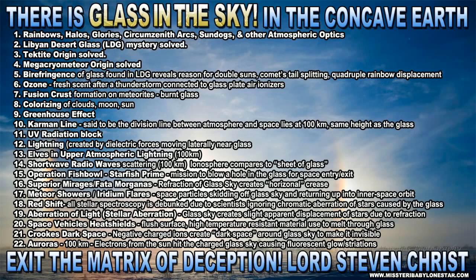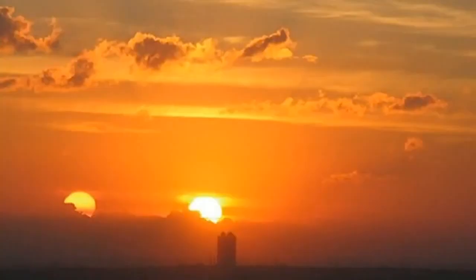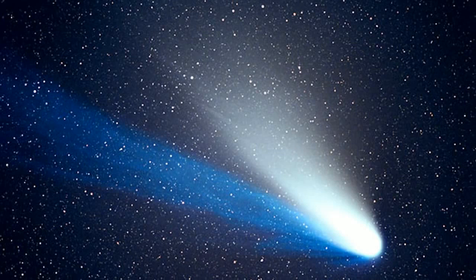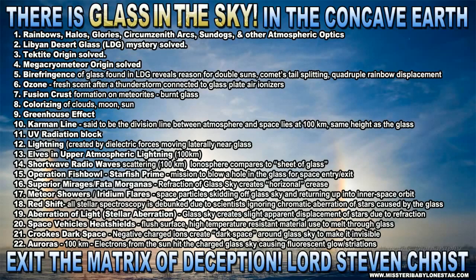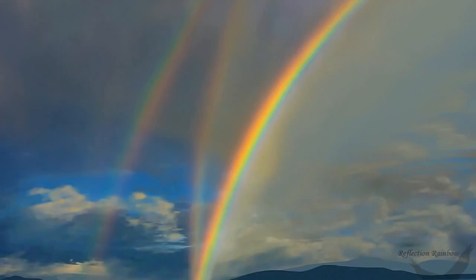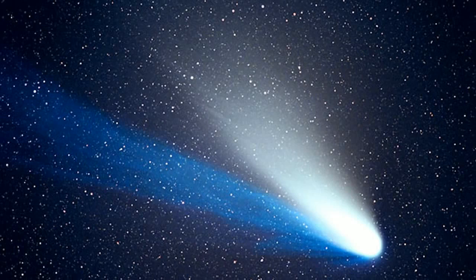Amen. Number 5, birefringence. Birefringence is created through different glasses, different types of material like calcite, where it actually projects a double image, a double refracting image. So sometimes you'll see double suns in the sky. Sometimes you'll see a quadruple rainbow where it's like an offset, like there's another rainbow that's displaced a little bit from the original rainbow. Or you'll see a comet's tail splitting like that. That's all because you're viewing these